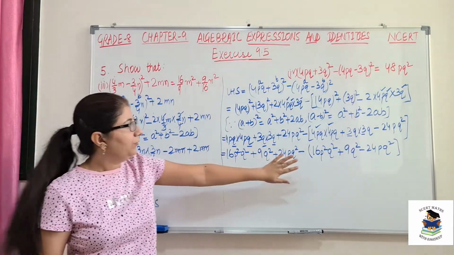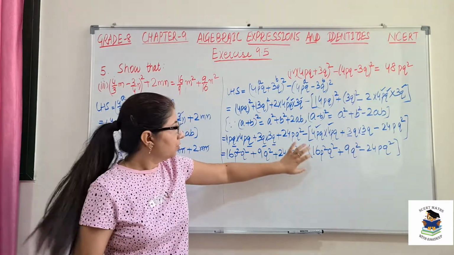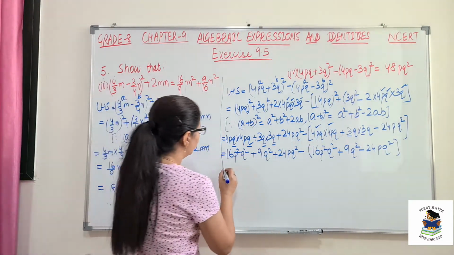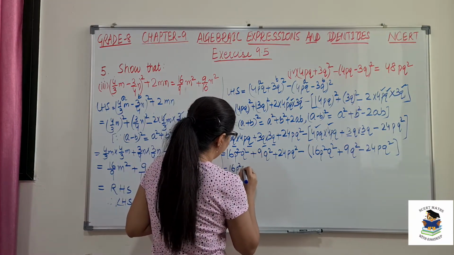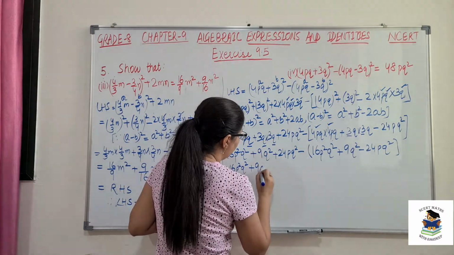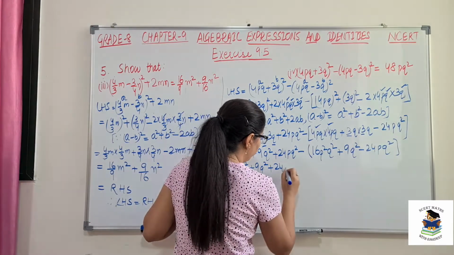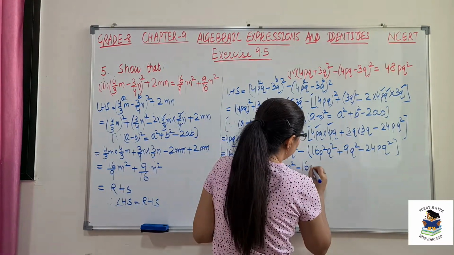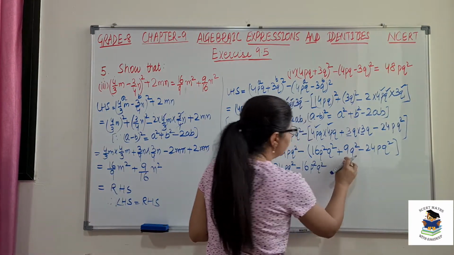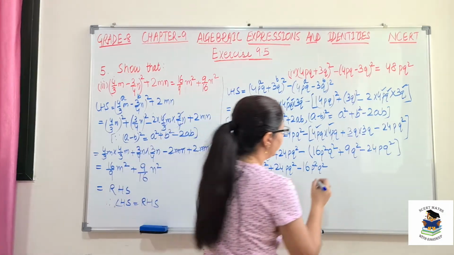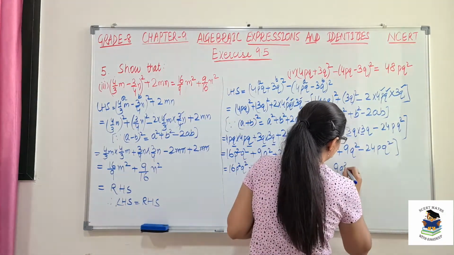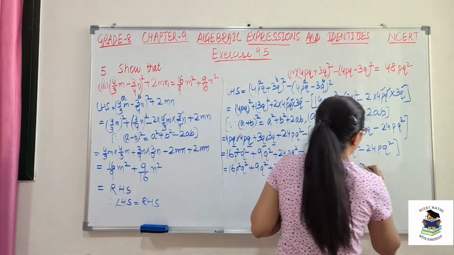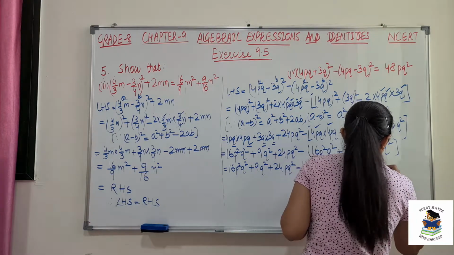After this step, we will open this bracket. So since we have negative sign, we will change the sign of each term inside. So what we will get is 16 p square q square plus 9 q square plus 24 p q square minus, so this 16 minus 16 p square q square. This is plus 9 q square, because of negative sign, we will have minus 9 q square. And this minus will change to plus. So plus 24 p q square.